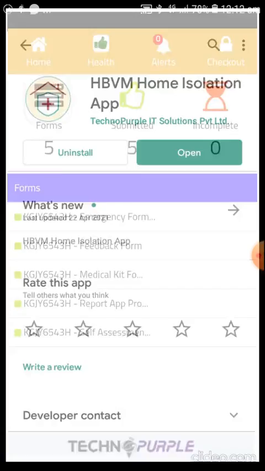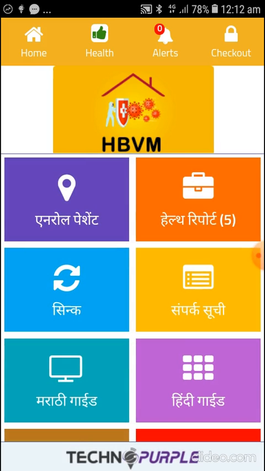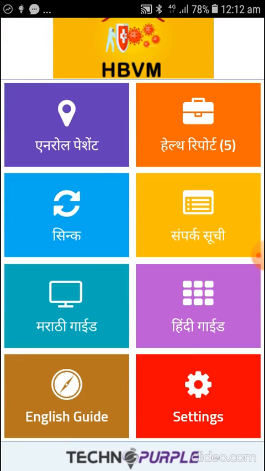Then if you want important contacts details of your ward and ambulance, you will click here on Sampark Suchi, where all important contacts have been given. If someone wants to watch video regarding app usage, then they'll click here on English guide, Marathi guide or Hindi guide as per required language.